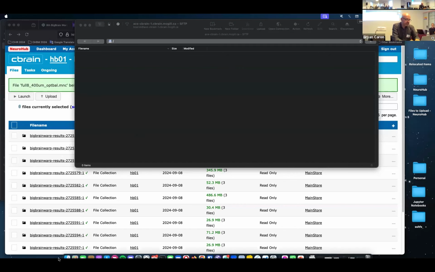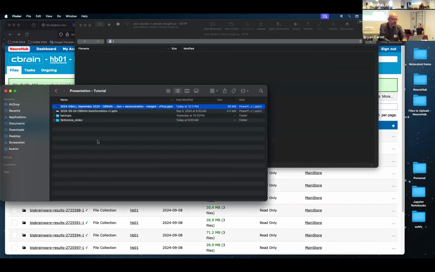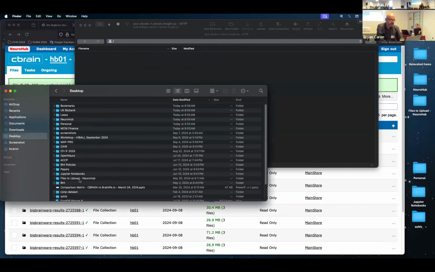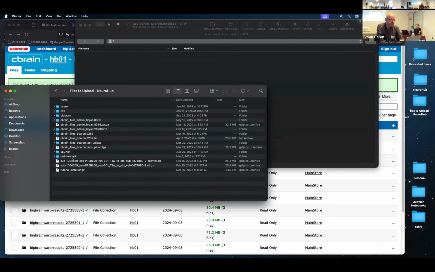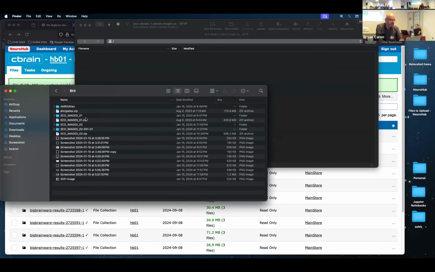So what I'm going to do is find my data set of interest that I'm going to work with. In my case, I have in my files upload. Let's find something of interest. This is one that I was showing as an example before from the cardiac imaging. It doesn't matter really what it is, but it's a directory of files.